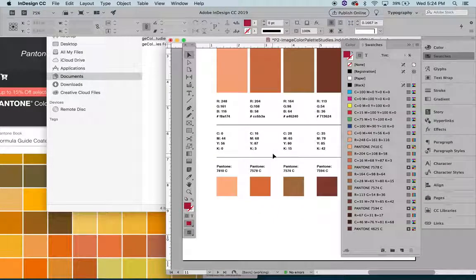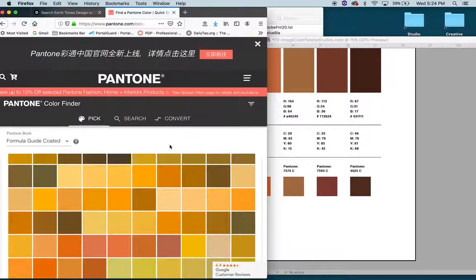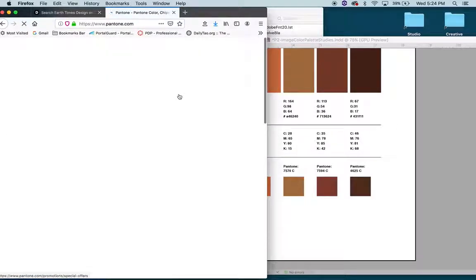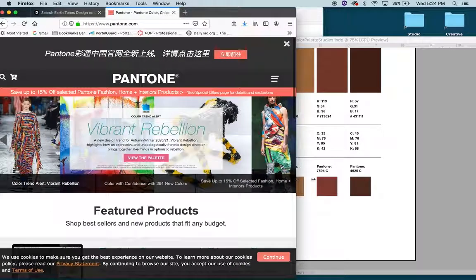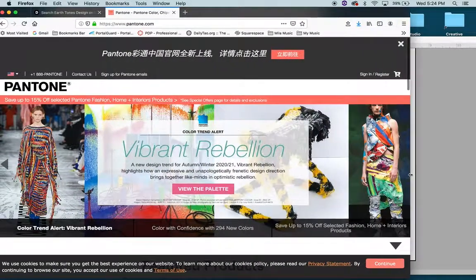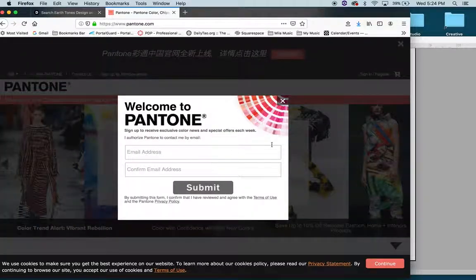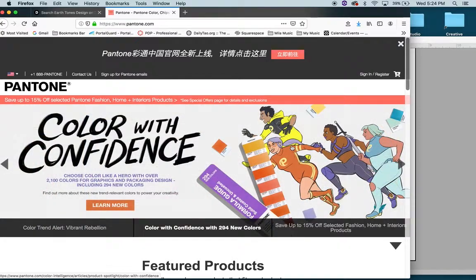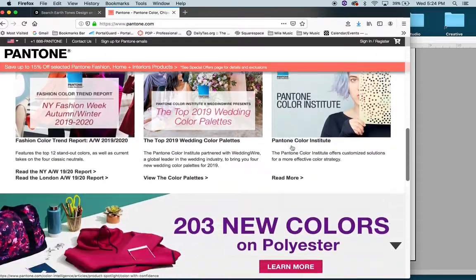So now what you're going to do is get onto the Pantone website, which is just Pantone.com. In fact, let me show you. If you go to Pantone.com, you'll see a whole bunch of stuff here. Okay, so get that out of the way. Let's hit this. There's a whole section on